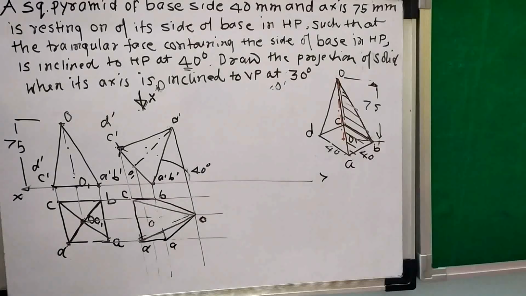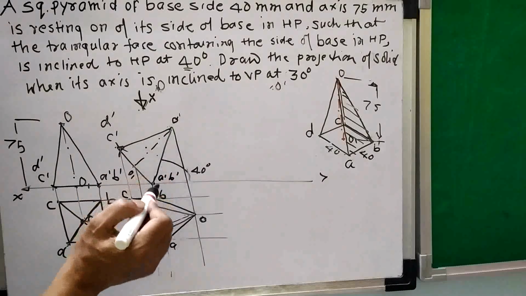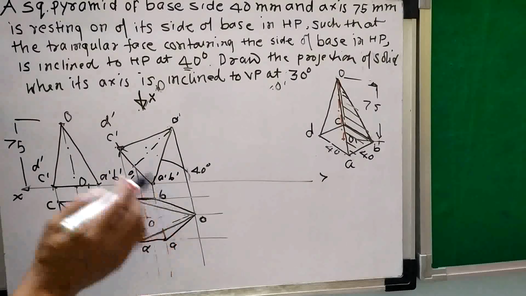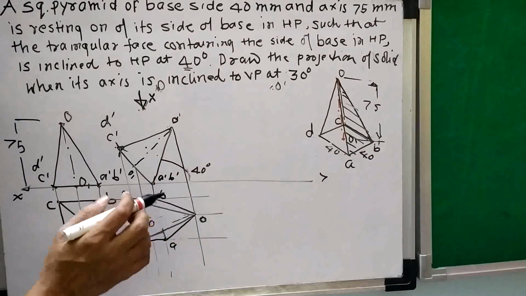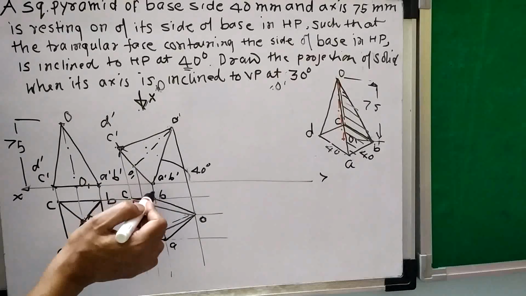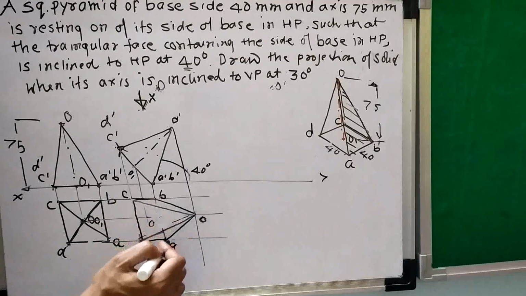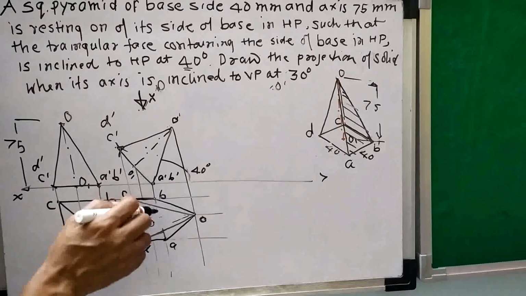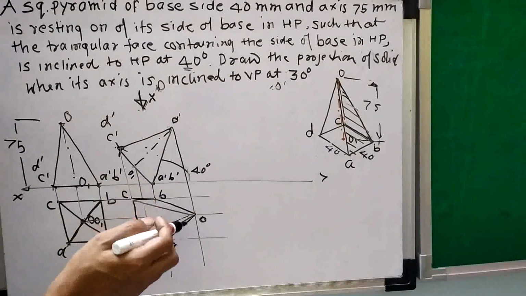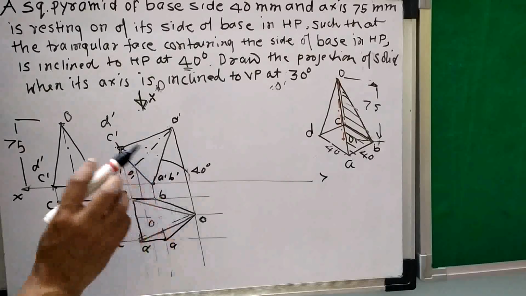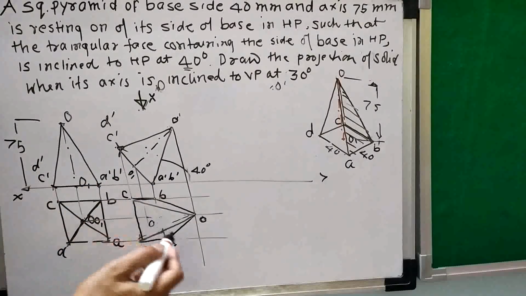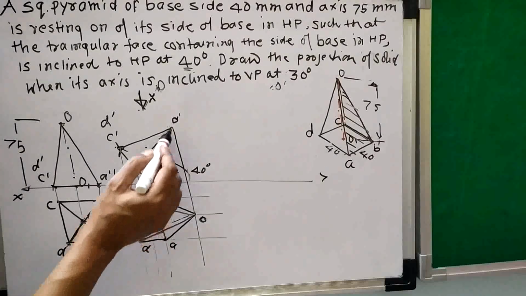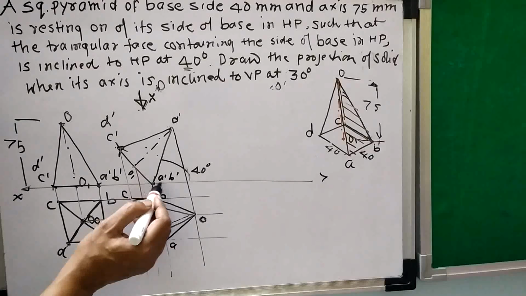Okay. Now what do you think about OA and OB? OA and OB are far away, but these are the boundaries of the object. Even if they are away from the observer, as these are boundaries of the object, we have to complete them with a dark line. Because whether the part is nearer or away, if that part is a boundary line, then it is always dark. So here in this problem, OA and OB are boundary lines, so they should be dark, though they are away from the observer.